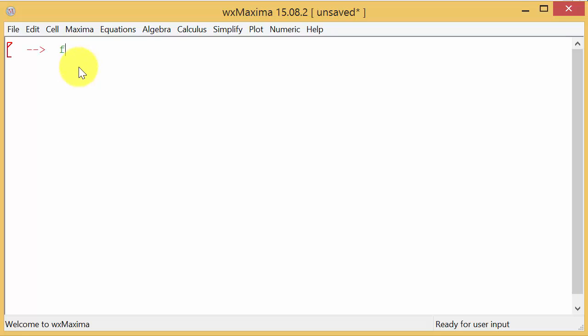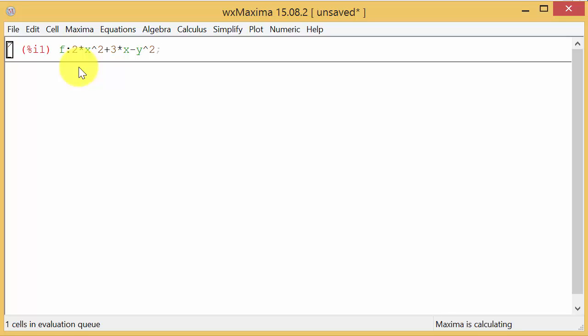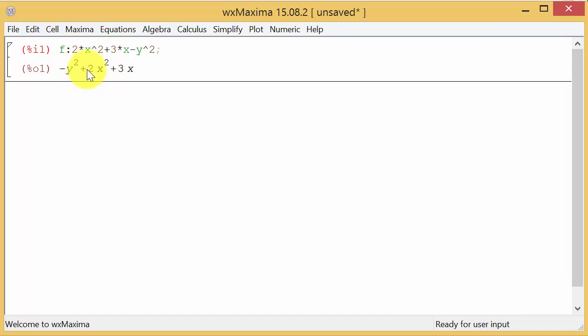So the first way I'm going to show you, we're going to define f to be our function. Now notice it says 2x squared. You cannot put 2x squared. You have to put 2 times x squared. Okay, and then we have plus 3 and then times x. You can't put just 3x minus y squared. Okay, and now if I put a semicolon and hit enter, it's going to